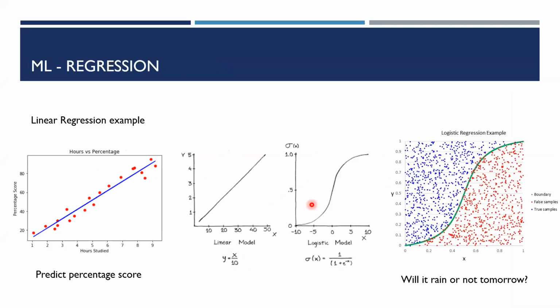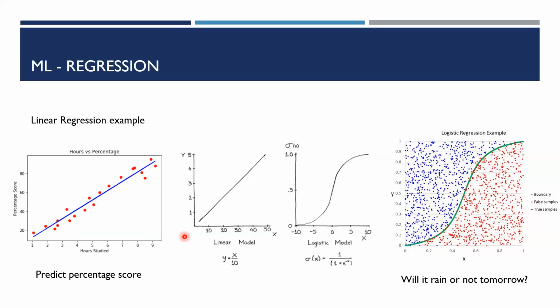And for that, there are so many mathematical methods where you can try to do some regression. You can try to draw a linear model, and you're trying to fit a line across this data. If you're able to fit a line across this data, then you can predict for the next number what it will be. You will learn more about some of these machine learning techniques and some of the regression and classification methods in the subsequent sessions.